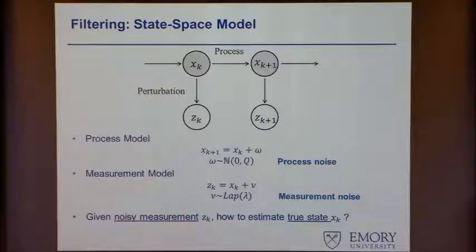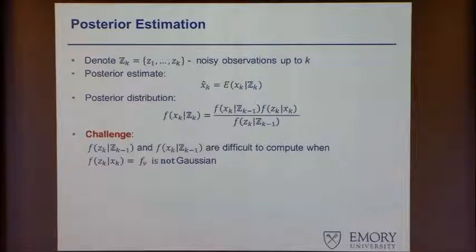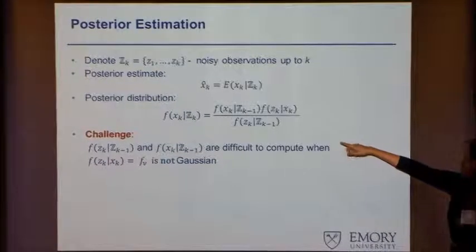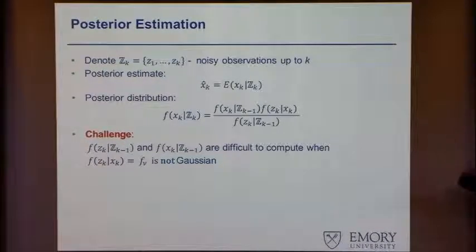So now our real question in terms of the post-processing is, given this noisy measurement z sub k, how do we estimate the true state, the true value x sub k? So it becomes an estimation problem, and we can apply some basic Bayesian rules. It turns out the posterior distribution of the x sub k, which is our estimation problem,